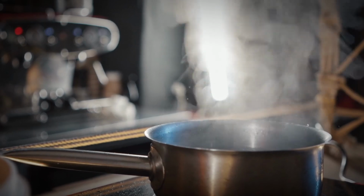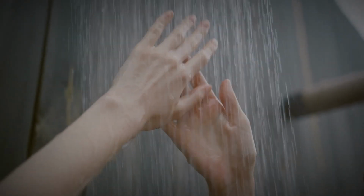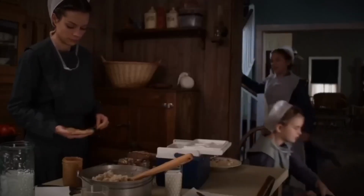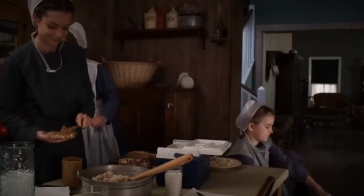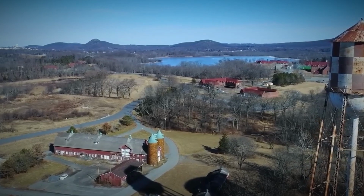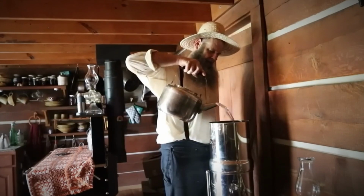Have you ever thought about what life would be like without hot water on demand? For most of us, stepping into a hot shower is as easy as turning a faucet. But imagine having no access to gas or electricity. How would you heat your water? That's the daily reality for the Amish, and they've found ingenious, low-tech ways to keep their showers warm without relying